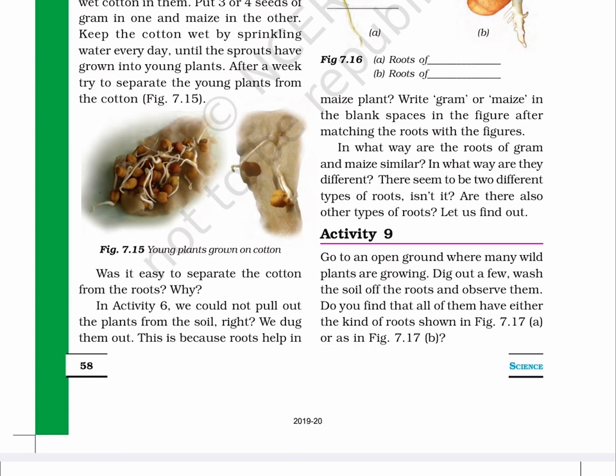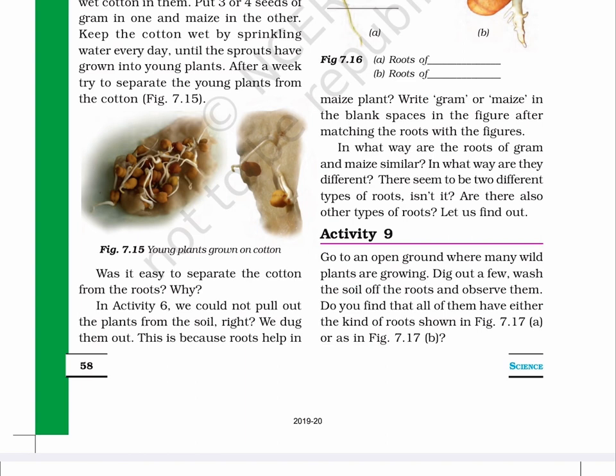Go to an open ground where many wild plants are growing. Dig out a few, wash the soil off the roots and observe them. Do you find that all of them have either the kind of roots shown in figure 7.17a or as in figure 7.17b? For roots of the kind shown in figure 7.17a, the main root is called tap root